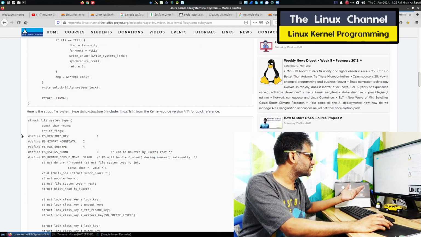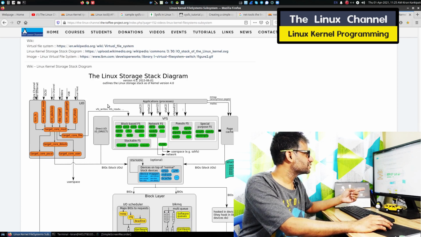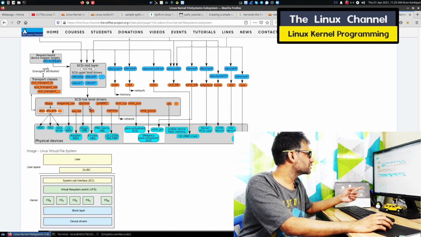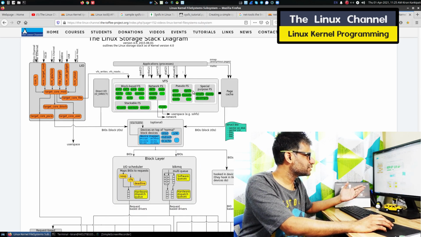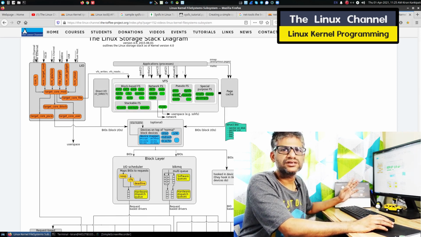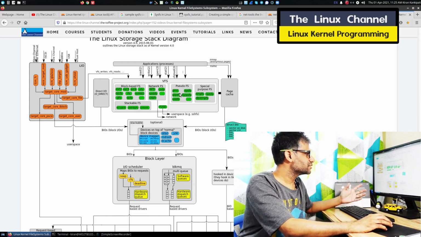So here you can see I have discussed this, and there is also a good wiki picture. This picture is from some WikiLink actually. You can see they classified all the pseudo file systems in the pseudo fs, where you can find proc, sys and all that stuff. So go there and you can explore, and this is what it takes.